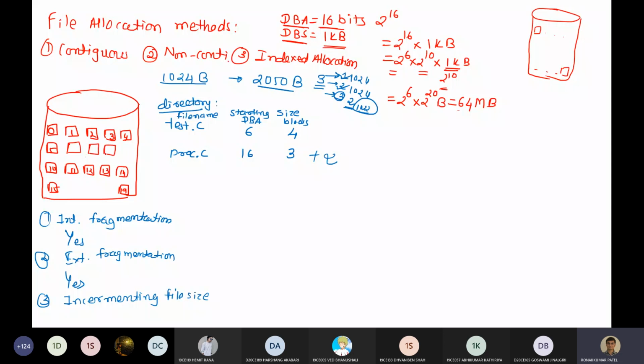Six, 7, 8, 9, 16, 17, 18, right? Okay, now in non-contiguous allocation,